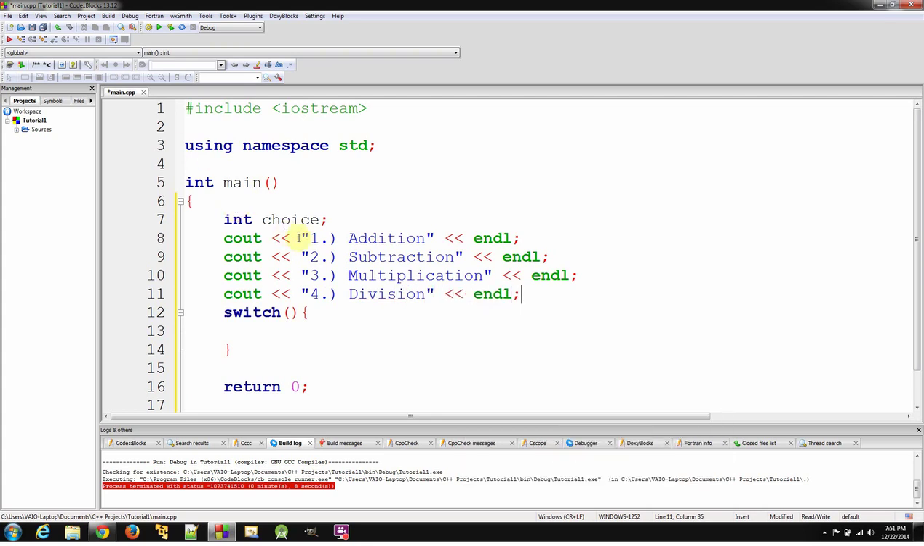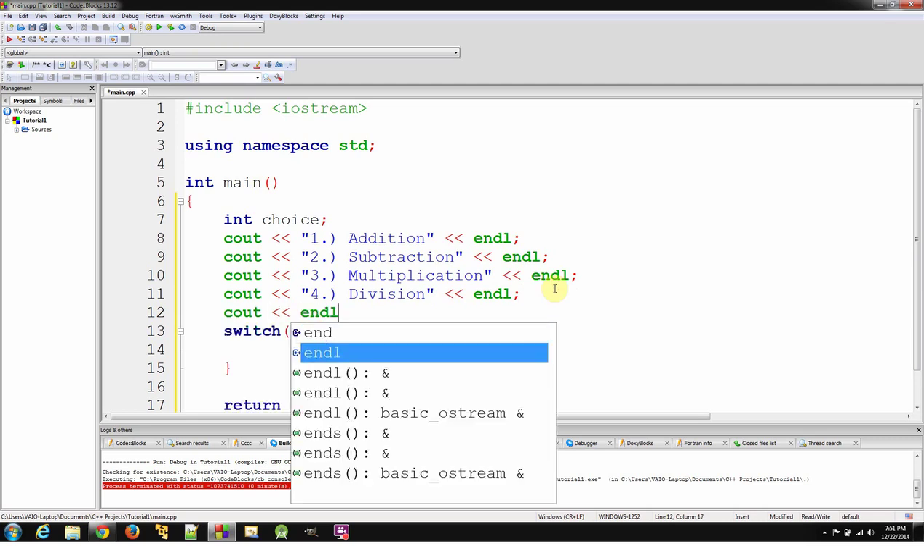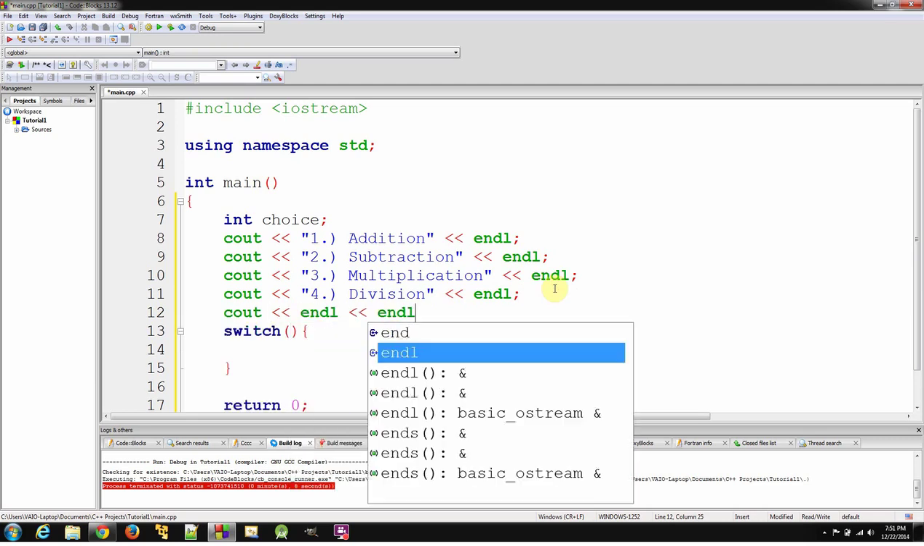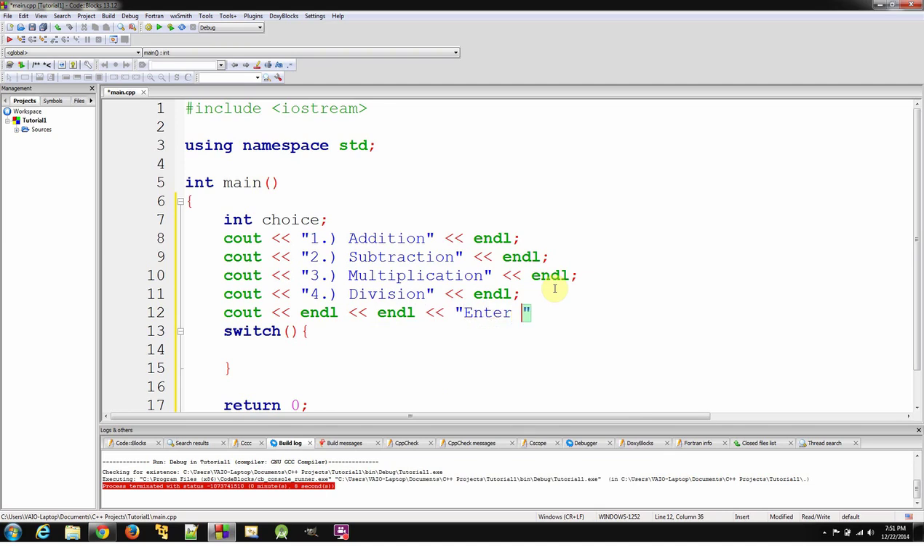They're going to see basically this on screen, and they're going to have to make a choice on what they want to use. And then what we'll do is at the very end, let's give a little bit more space, and we'll say enter a choice. And then we're going to hold that with a